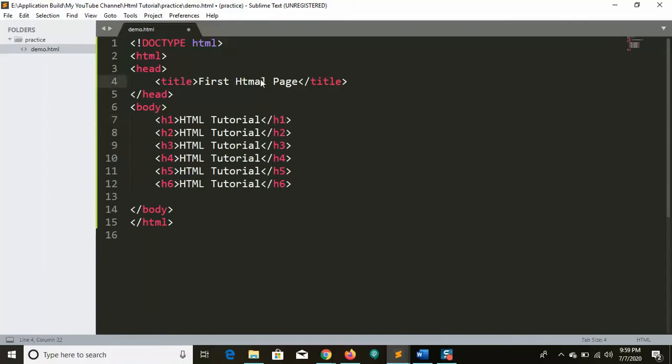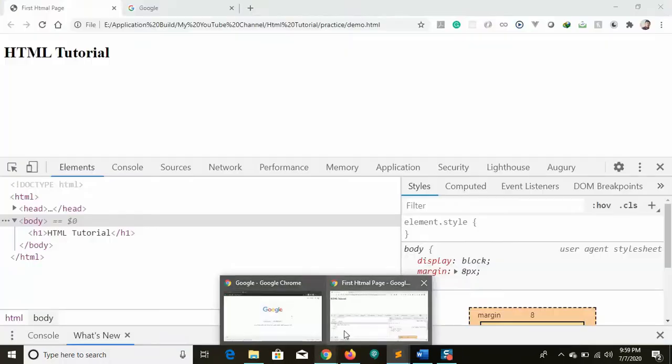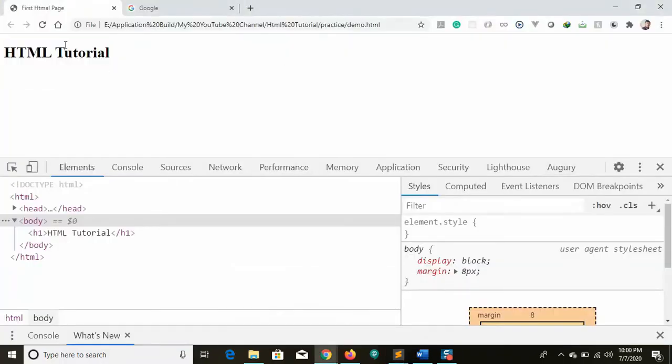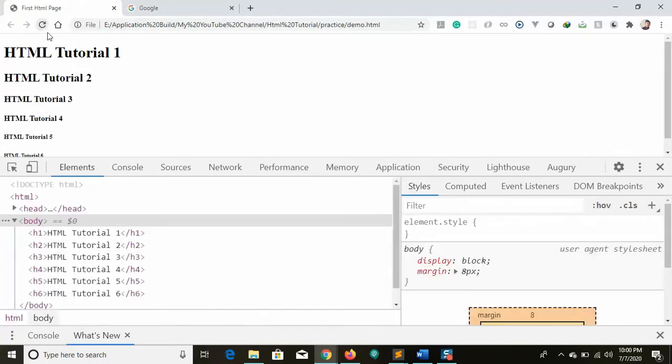So quickly change this HTML, and for differentiation, let me give H1, H2, H3, 4, 5 and 6. Let me save with Control S and see in the browser. Let me reload this. Okay, let me close this one.